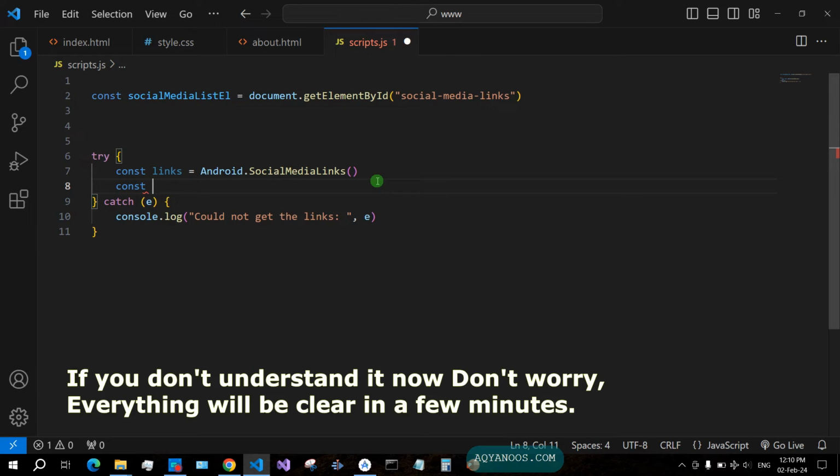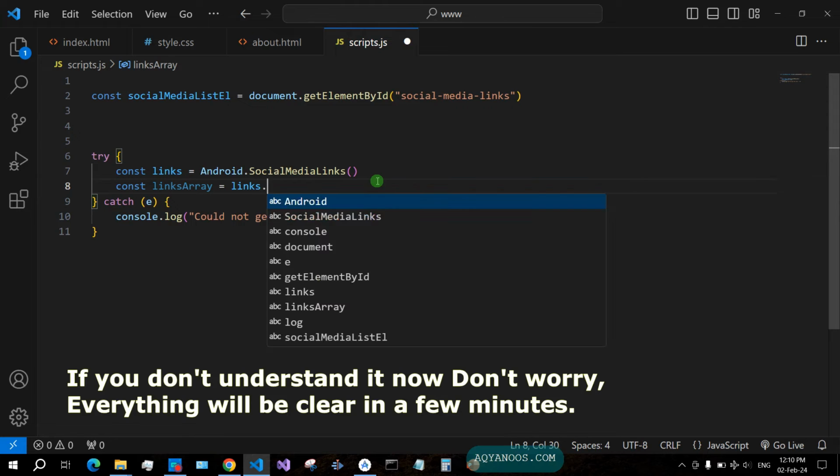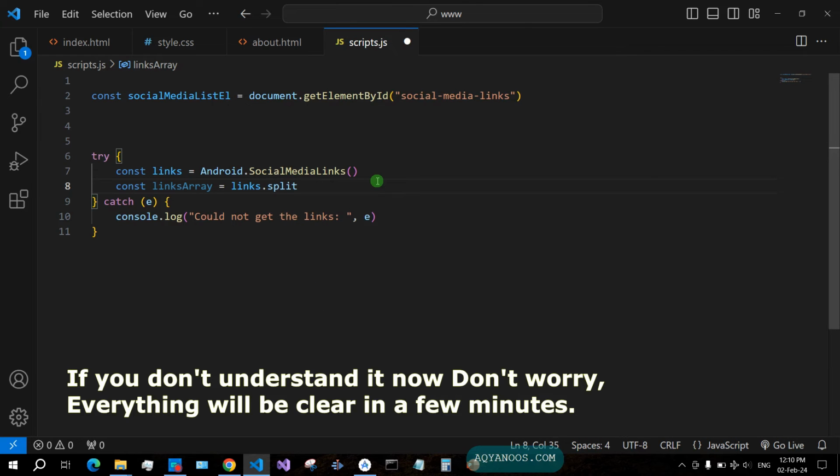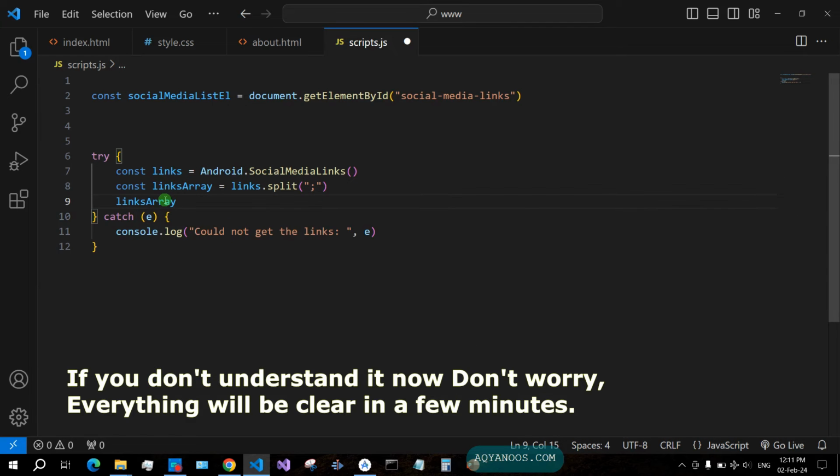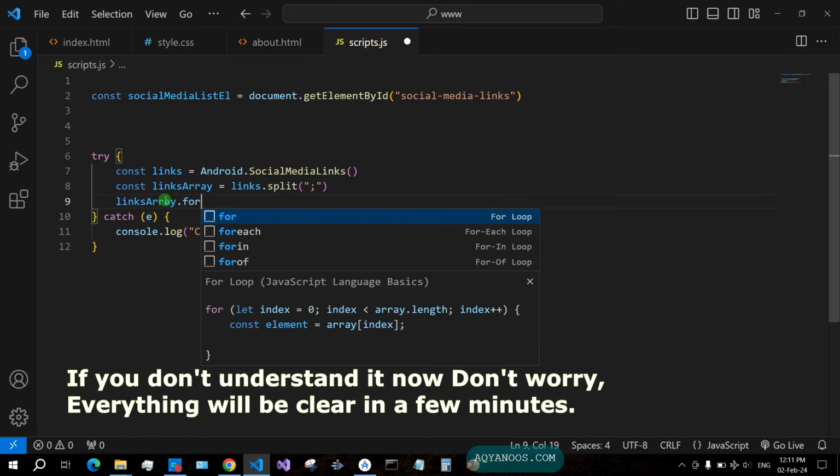Links array, links.split. The text that is returned by this method will have a pattern of a semicolon. So links array dot forEach,